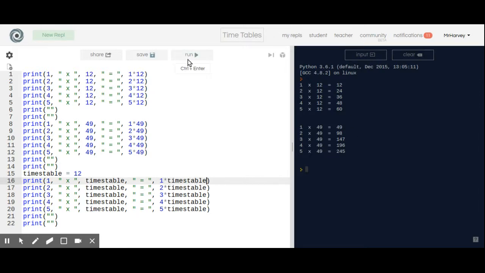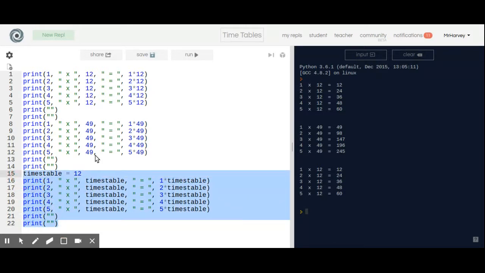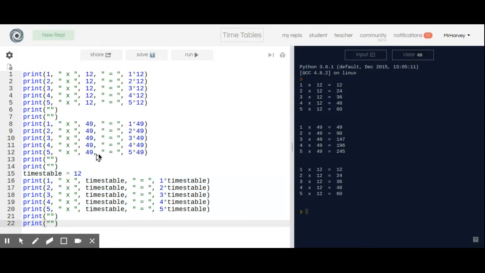So if I run this code, it shows the first section, 1 times 12, or the 12 times table here, and then the 49 times table, that's these two, and then again the 12 times table here. But now if I want to change this to the 49 times table, instead of having to change the value in several different places,